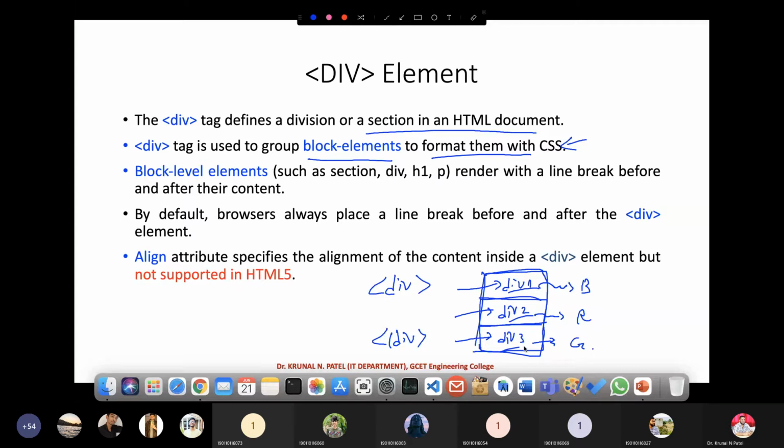So these are the block level elements, such as section, division, H1, paragraph, that normally deal with a line break before and after their content. That's why they are known as block level elements, right? And by default, browsers always place a line break before and after the division element. Okay. Now, the align attribute specifies the alignment of the content inside the division element, but it is not supported in HTML5,